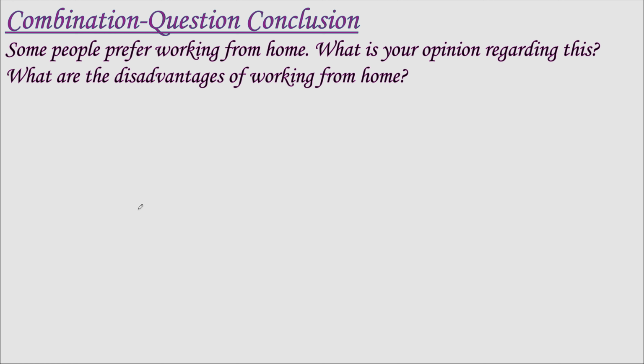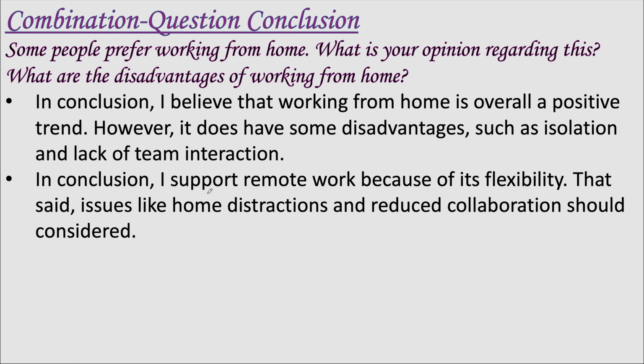Sometimes a question combines both types. For example, this question asks for your opinion but also asks you to discuss something, the disadvantages. In such questions, the conclusion should do both. First, clearly give your opinion, then summarize the points from the second part. Here, first we have given our opinion with one reason for having that opinion, and then summarized the disadvantages mentioned